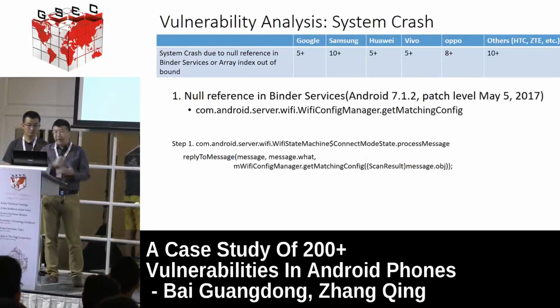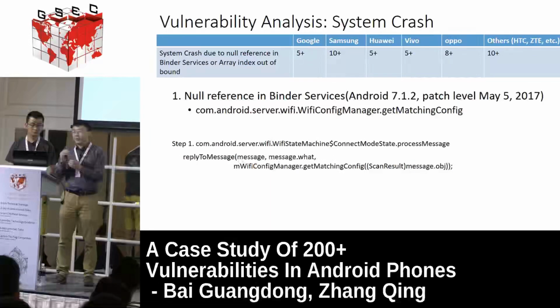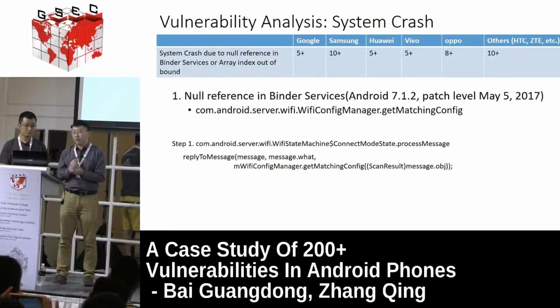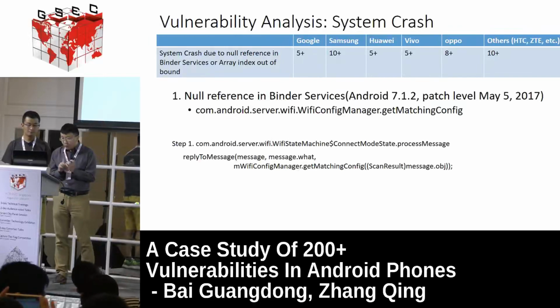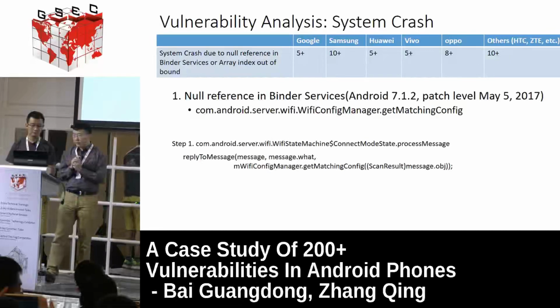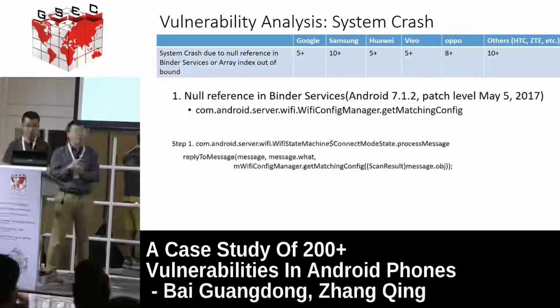And the second kind of system crash is due to a null reference in a binder service or an array index out of bound. So I'm going to show you one example which we found in Android 7. This one is in the official Android. And in this particular method,